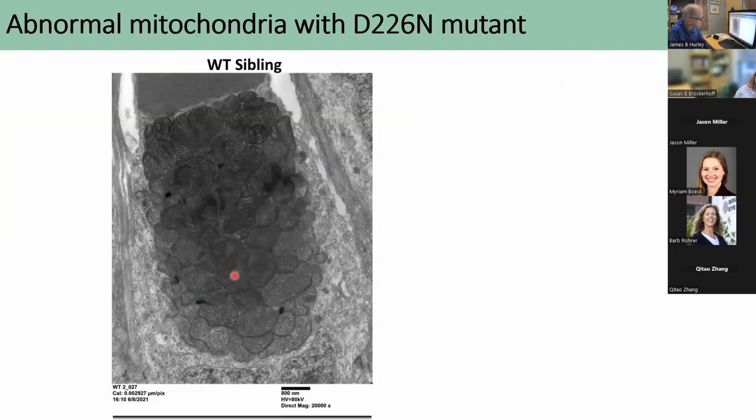And so the final thing that I'll talk about is looking at the mitochondria. The reason why we went here is because if there is an imbalance in nucleotides, it could impact the mitochondrial DNA or RNA. And so to orient you to wild type zebrafish mitochondria from cones, we have the